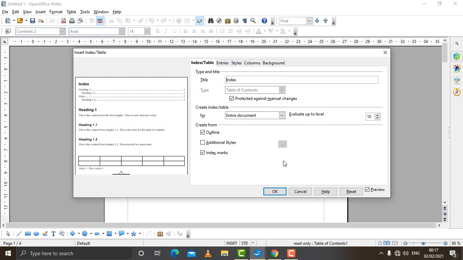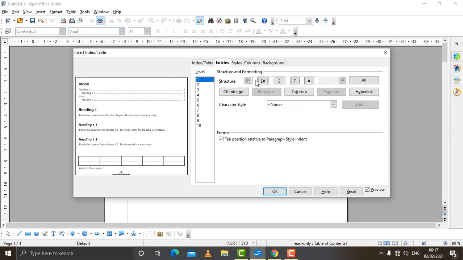You can use all these to make a number of changes to the heading. Say for example, you can type here title, any title which you want. That title will come to the page at this place, index. Click on entries, and here a number of options are there. From there you can make any changes.